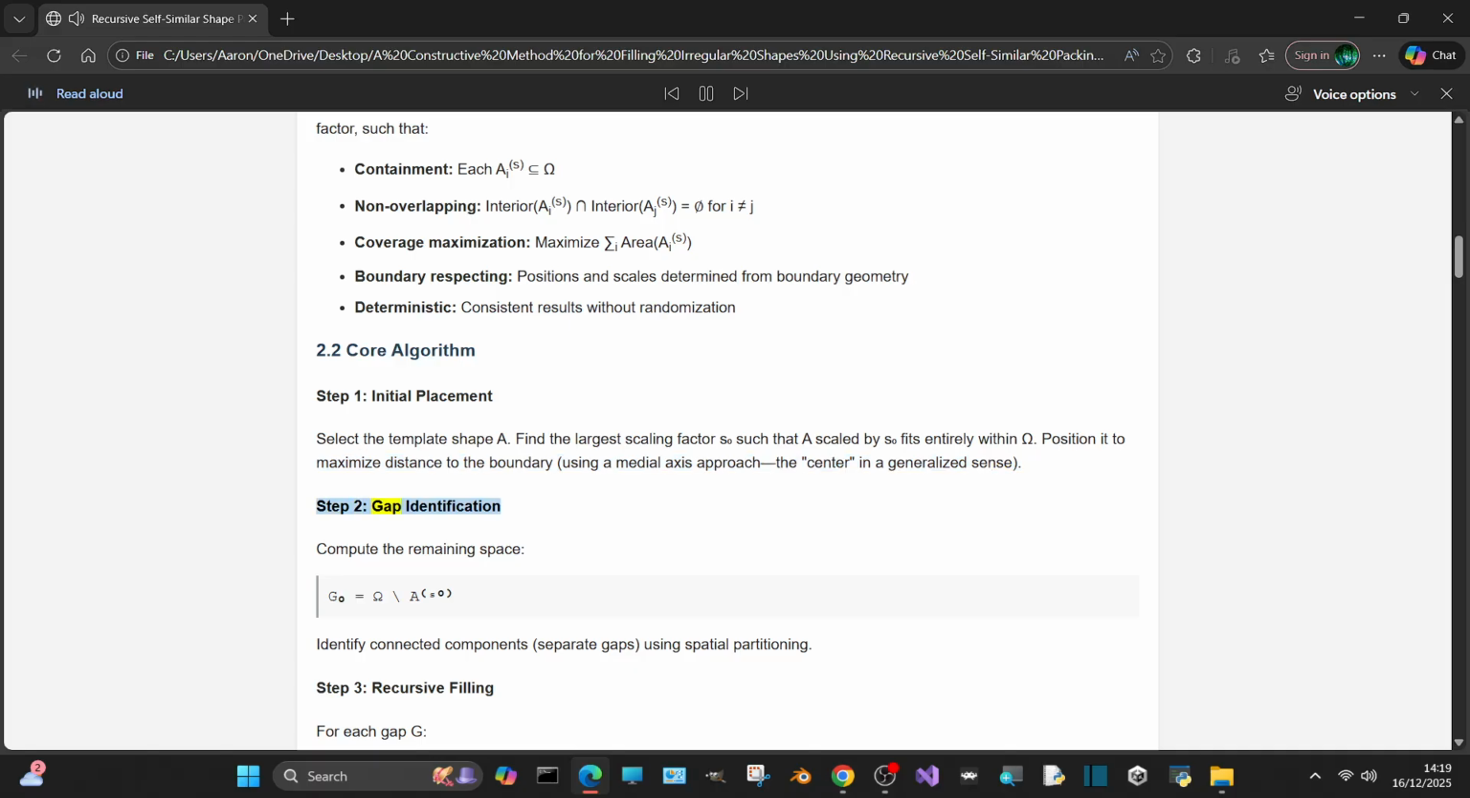Step 2, Gap identification. Compute the remaining space G = Ω \ A. Identify connected components, separate gaps, using spatial partitioning. Step 3, Recursive filling. For each gap G,